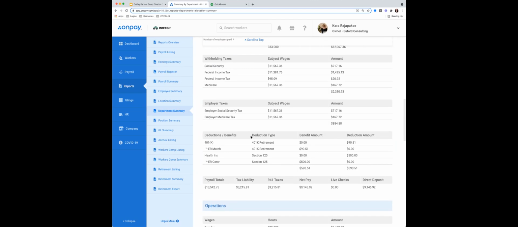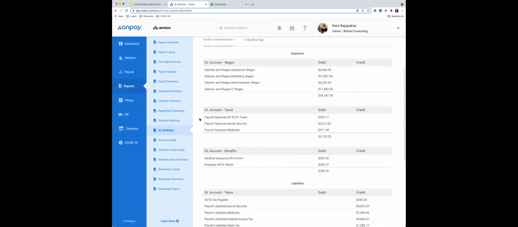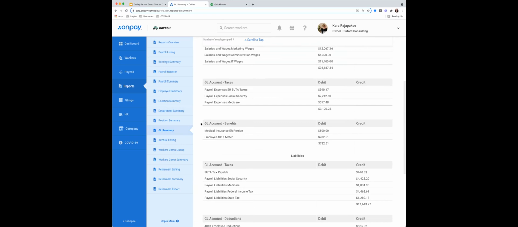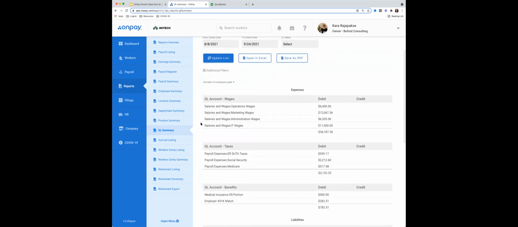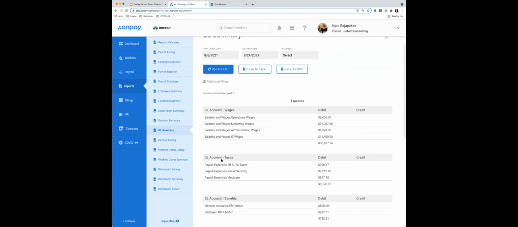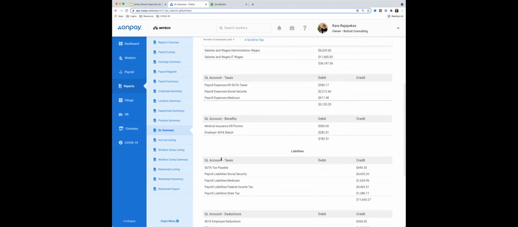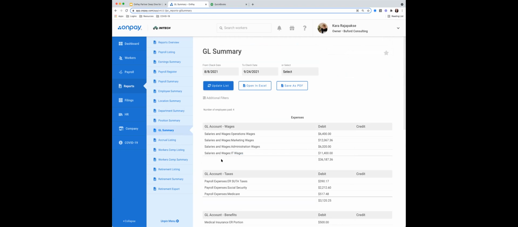Another report that I like, and I may be getting ahead of myself, Jessica, but when we go over the integrations, I just want to show it so I don't forget it. This GL summary report is really useful. The only way to get this report to populate is if you are mapping your chart of accounts from QuickBooks with OnPay, and then we're going to populate this report. So if I didn't map an item, I would see it say unassigned for a particular line item. I don't think we're going to really go over troubleshooting today, so I do want to call your attention to this report because I think it's really useful if something isn't mapped, which OnPay will tell you anyways.